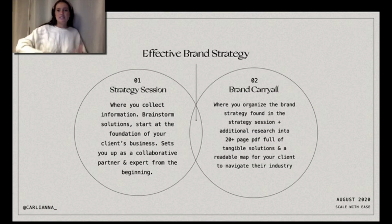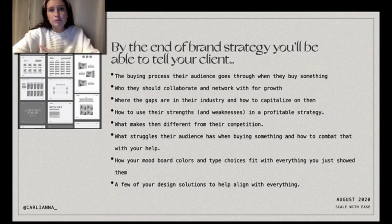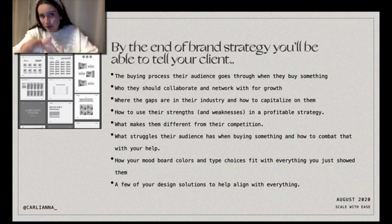So that's kind of how I see the brand carry-all. By the end of the brand strategy, you should be able to tell your client the buying process that their audience goes through when they buy something, who they should collaborate with and network with for optimal growth, where the gaps are in their industry and how to capitalize on them, how to use their strengths and their weaknesses in a profitable strategy,